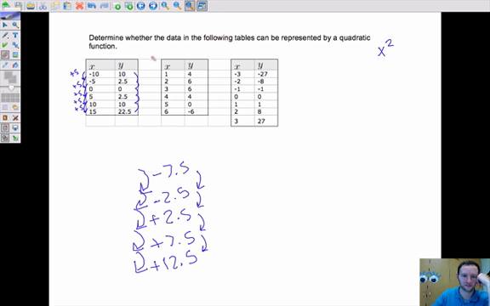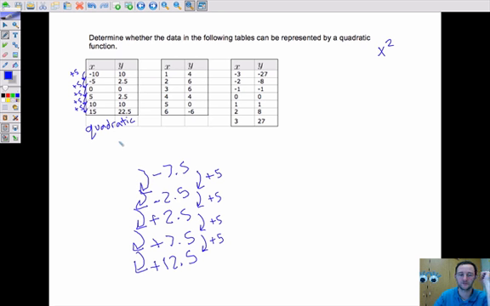So those weren't at all the same, but the differences between the differences are always the same, okay? This is plus 5, this is plus 5, this is plus 5, and this is plus 5. And since those are all the same, the differences of the differences, then this is quadratic,